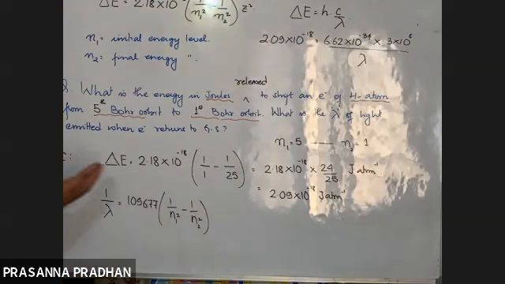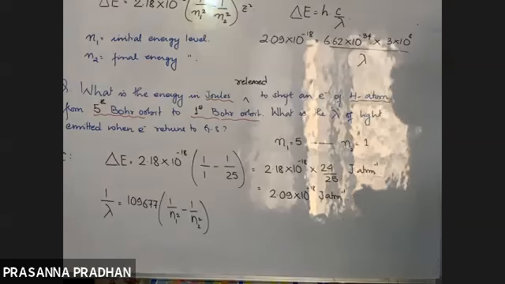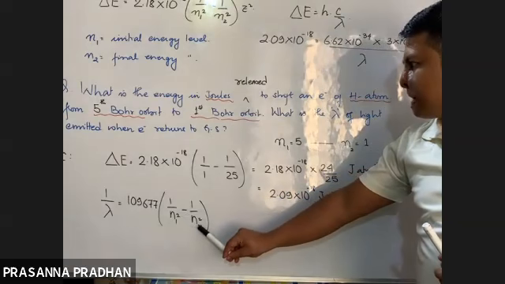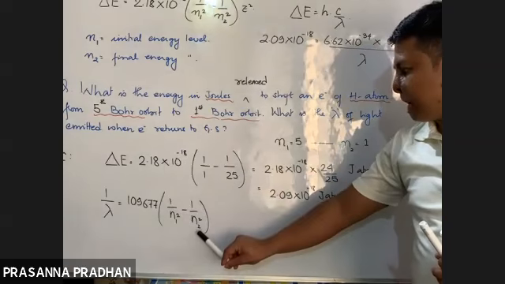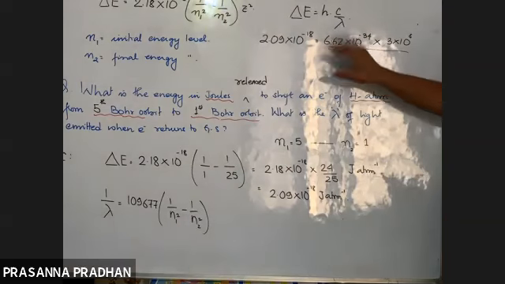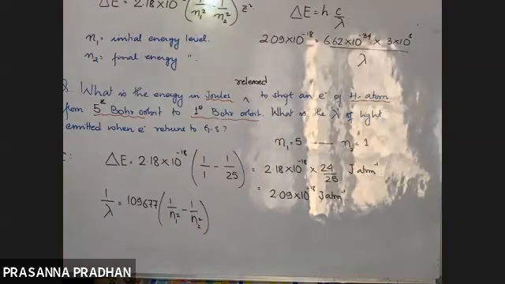Okay, so obviously the answer should be the same. Here, what is the value of N1? 1. Okay, here what is the value of N2 here? मतलब कहाँ से आ रहा है ये? Fifth Bohr orbit से आ रहा है. Okay, करो. एक ही आएगा. So either you can use this formula or you can use this formula. Answer should come out to be the same. चलो बाद में ट्राई करो, ठीक है?